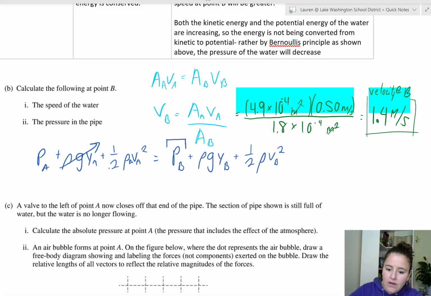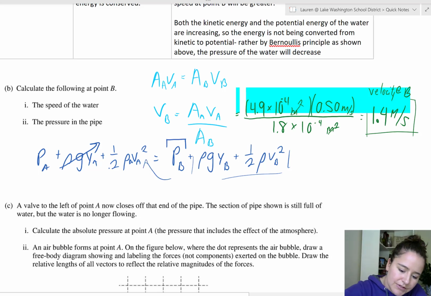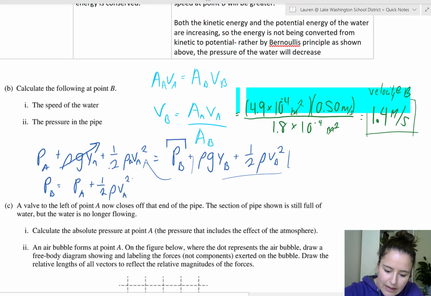We move both of these terms over to that side, subtracting them from both sides. Then we end up with the pressure at B equals the pressure at A plus 1/2 rho velocity at A squared minus rho g y B